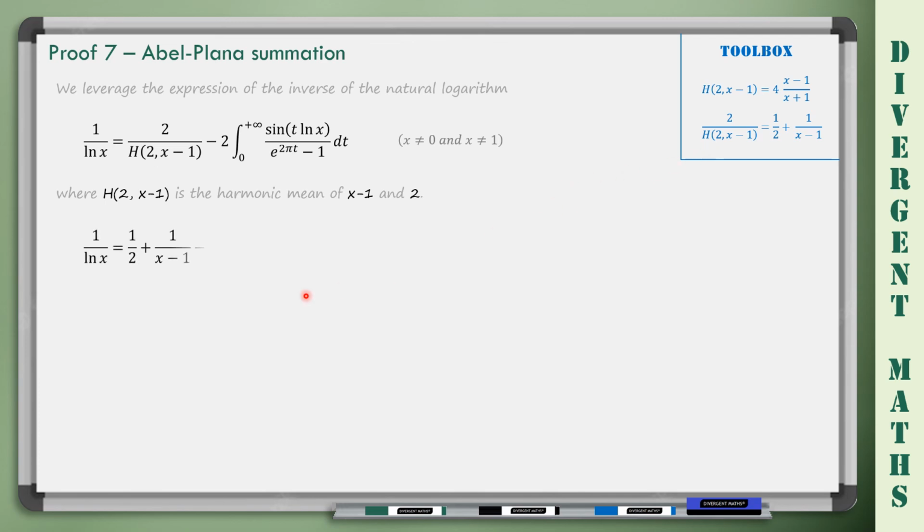So let's use that. We just write the same thing again, and that expression using the toolbox gives us that value, minus 2 times the integral dt. Again, x is different from 0 and from 1. So we use that formula now for x equal 2. What do we get? For x equal 2, the integral becomes, of course, the integral from 0 to plus infinity of sine of t log of 2 over e to the 2 pi t minus 1 dt. That's this expression. For x equal 2, we will have 1/2 here, plus 1 over 2 minus 1,